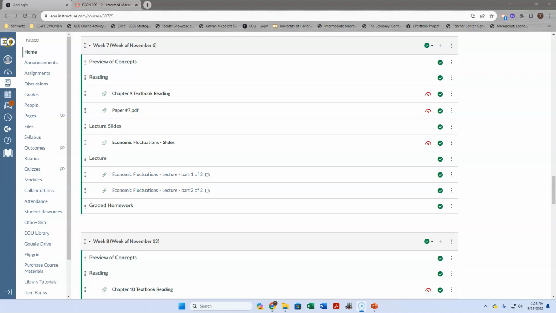But we introduce for ourselves here the notions of aggregate demand and aggregate supply, things that we will talk about in the later weeks. But we start off by talking about the business cycle, how we can understand that business cycle over time, the data that we use to track where we are in the business cycle, the role that sticky prices play in understanding where we are at in the business cycle and how we can get stuck at a certain